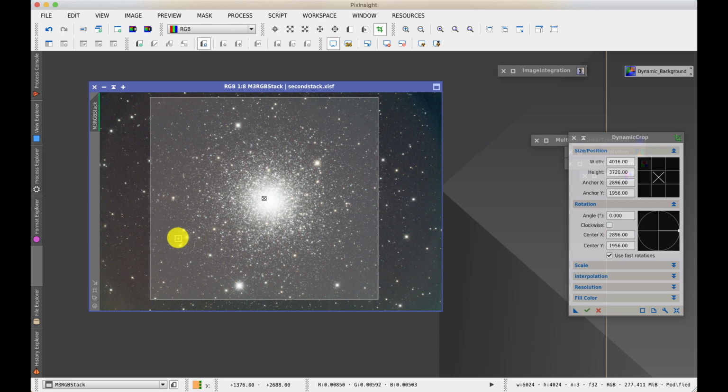One is there's no point spending ages trying to correct things in the margins that can be trimmed off anyway, and secondly, some processes use the image itself to calculate values, say for instance calculate the background colour, so you don't deliberately want to include parts of the background that are an oddball colour because it'll distort the final result. So I'm just going to cancel that for a second